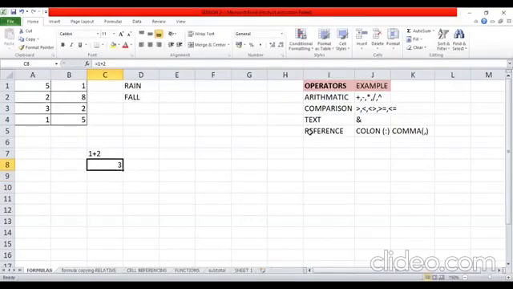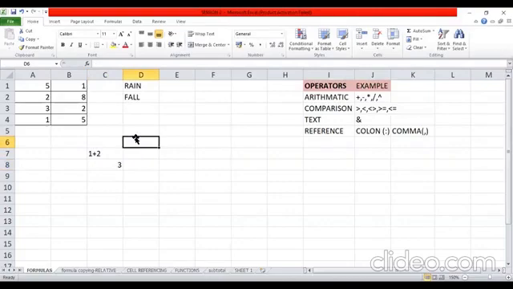Another interesting thing about Excel is that, please have a look. After pressing enter, the cell where you had typed the formula shows the result of the formula. But if you look at the formula bar over here, it still shows you the expression that you typed. So the formula is visible in the formula bar, whereas the result of the formula is visible in the cell where you wrote the expression. My formula bar is showing me equal to 1 plus 2 and my cell is showing me the result, which is 3.